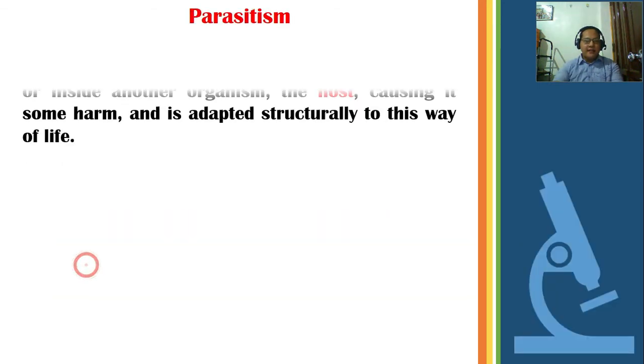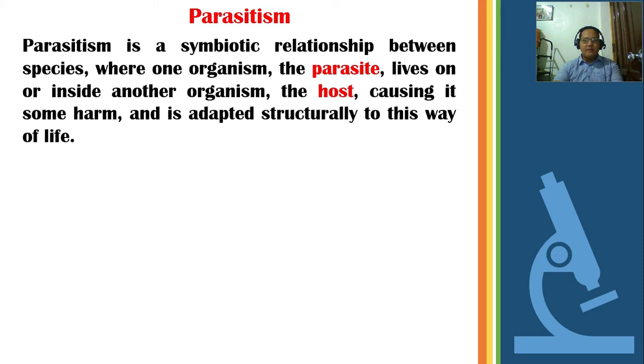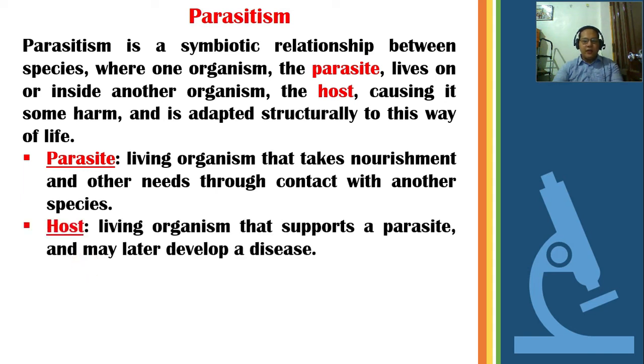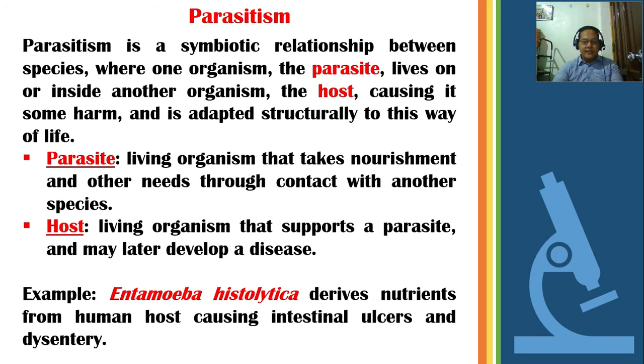Lastly, we have parasitism. Parasitism is a symbiotic relationship between species where one organism, the parasite, lives on or inside another organism, the host, causing it some harm and is adapted structurally to this way of life. Remember that a parasite is a living organism that takes nourishment and other needs through contact with another species, while the host is also a living organism that supports a parasite and may later develop a disease or get killed by the parasite. An example for this is the Entamoeba histolytica, which derives nutrients from human host, causing intestinal ulcers